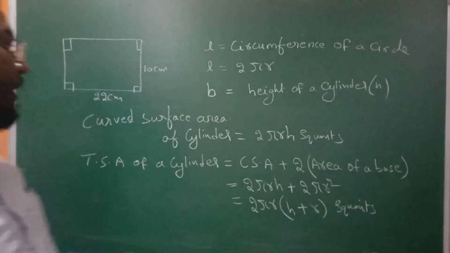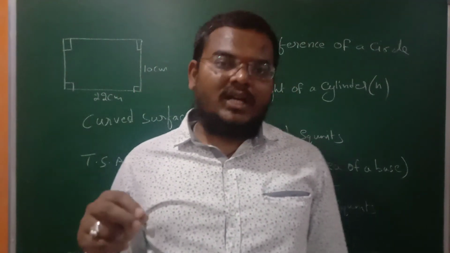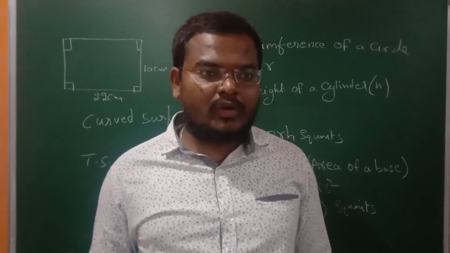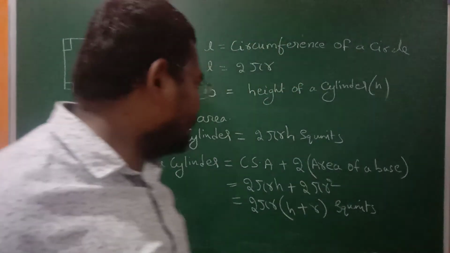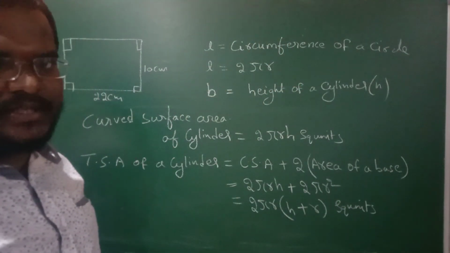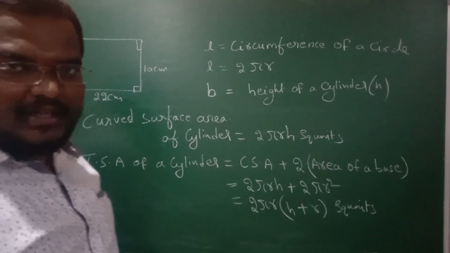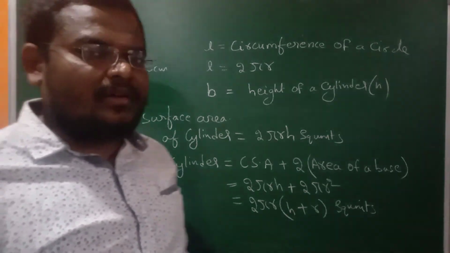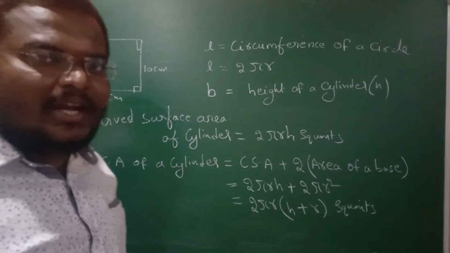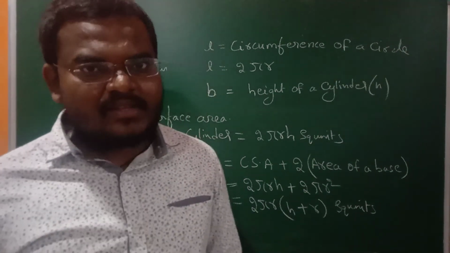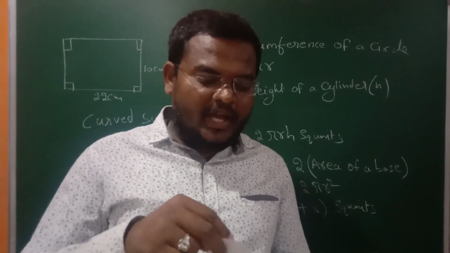So dear friends, now we got how to find the curved surface area of a cylinder. Simply, the area of a rectangular paper, when we make it into a cylinder, gives us the curved surface area of the cylinder. With the help of the CSA of a cylinder, we also got the formula for the TSA of a cylinder. You can apply the values here, whatever the values are, and you can check it, you will get the correct answer, right? So dear friends, this is a very good activity.